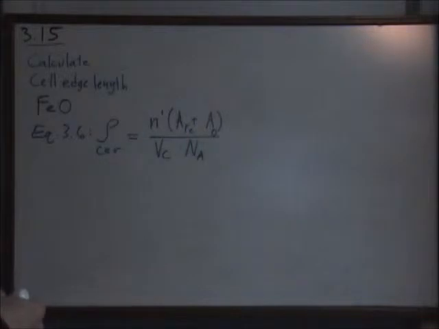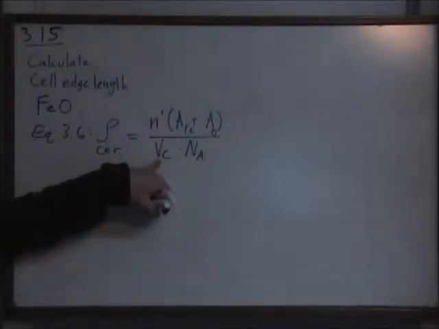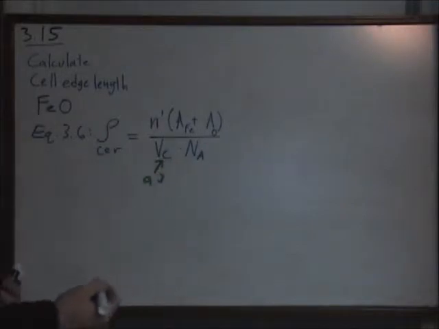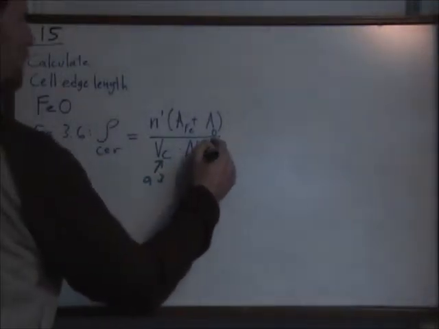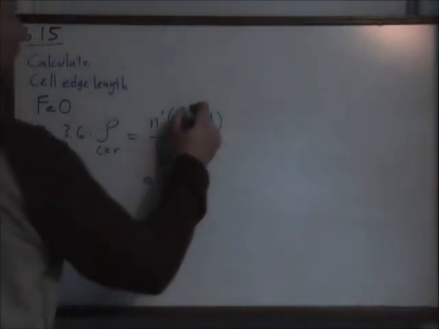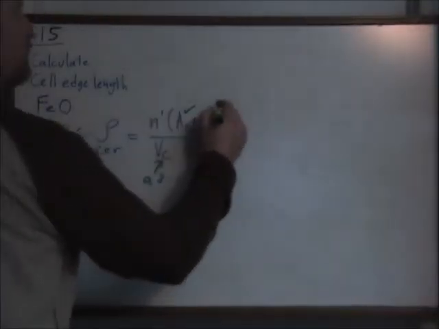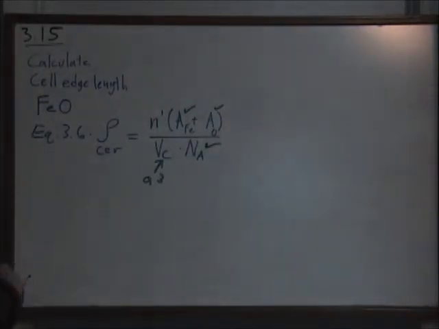Well, for this problem, we need the cell edge length. That can be found by calculating for the volume of the cell. The volume of the cell is the cell edge length cubed. It's a cube. We have Avogadro's number as a given. We can look up the atomic mass of iron and the atomic mass of oxygen. We know that based on the rock salt structure, there are 4 formula units per unit cell, and we're also given a density